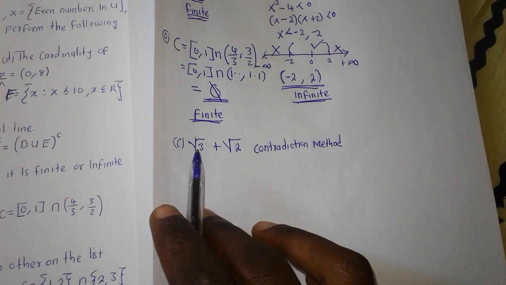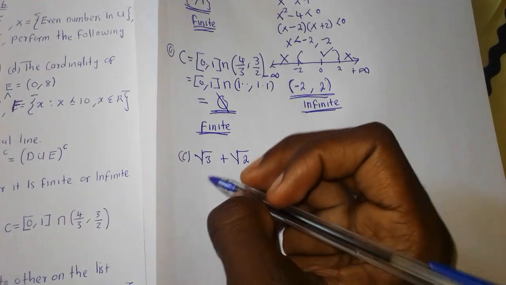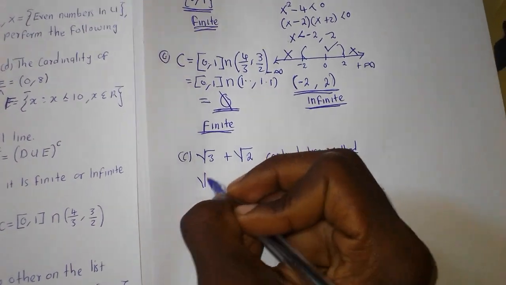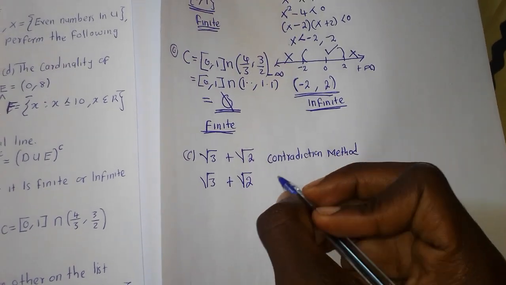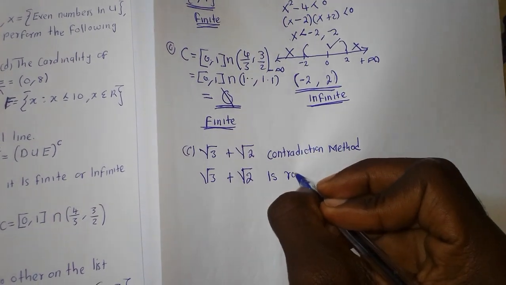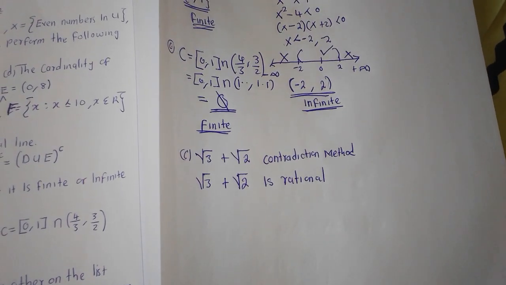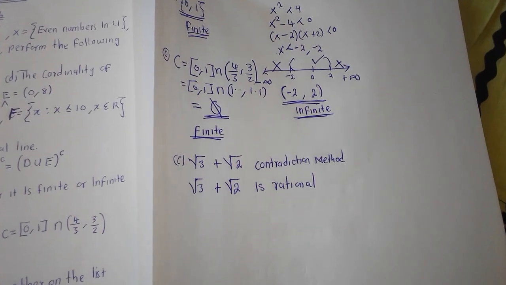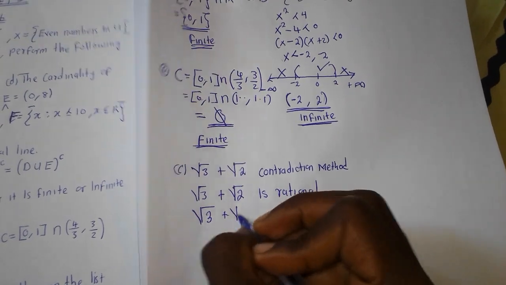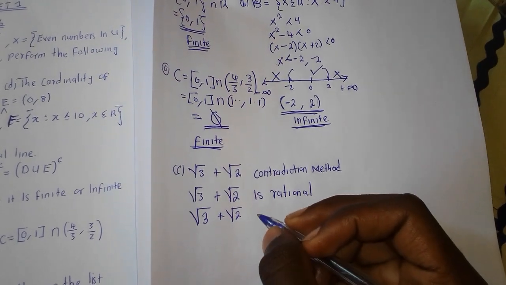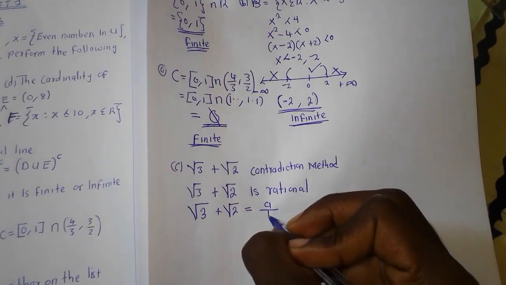instead of assuming that this is irrational, we are going to assume that the root of 3 plus the root of 2 is rational. Okay, we are going to make this assumption. So after making this assumption, this simply means that if, according to our assumption, this is rational, then this can be written in the form a over b,